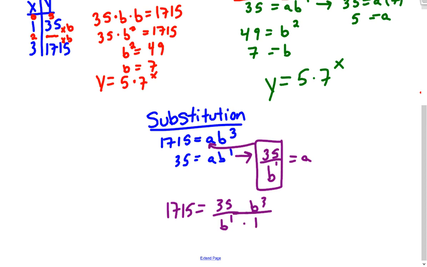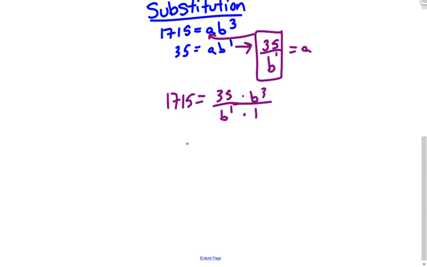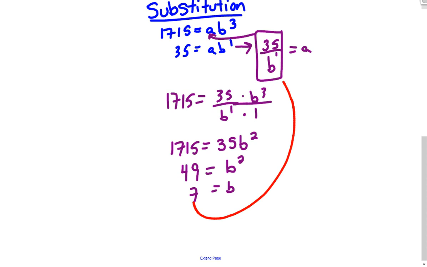Multiplying, so that's like over 1. So ab cubed over ab to the first is ab squared. So 1715 equals 35b squared. Divide both sides by 35, which gives you 49 equals b squared. Square root, b is 7. Now, because I got a by itself, I can take that 7 and put it in for b. So I have 35 over 7 to the first, which is a, therefore a is 5,